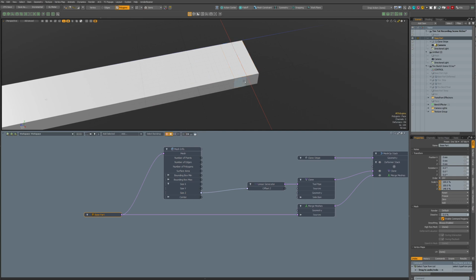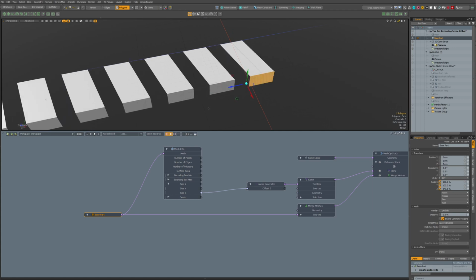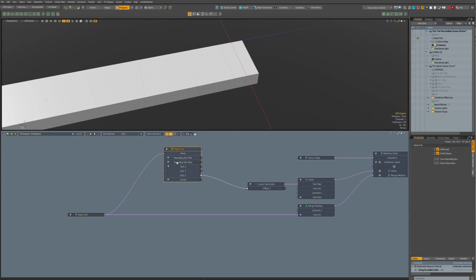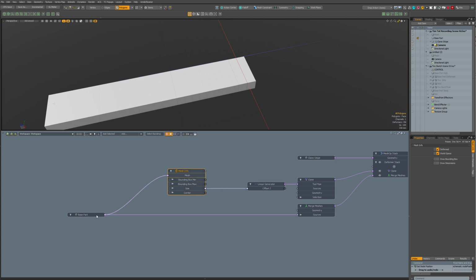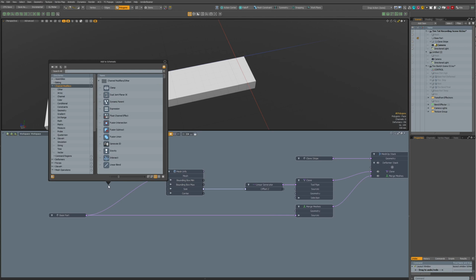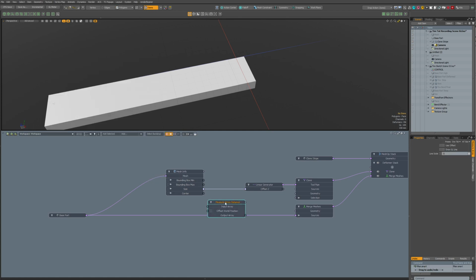But if we do, for example, like this, it doesn't work. So we have to make some better approach for this, and we calculate distance between few vertices. So let's add some stuff. Let's add arrow distance. Yes, this one. Measure arrow distance.